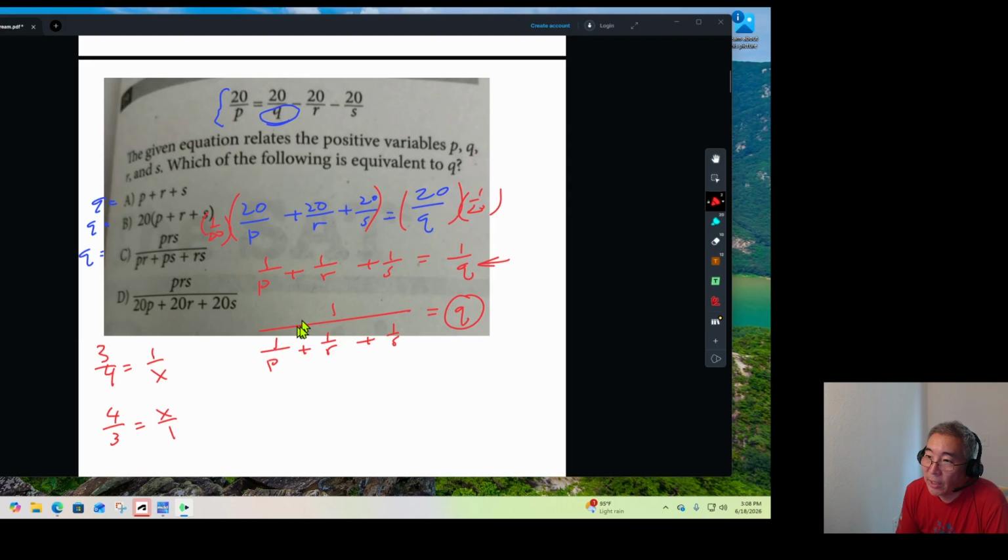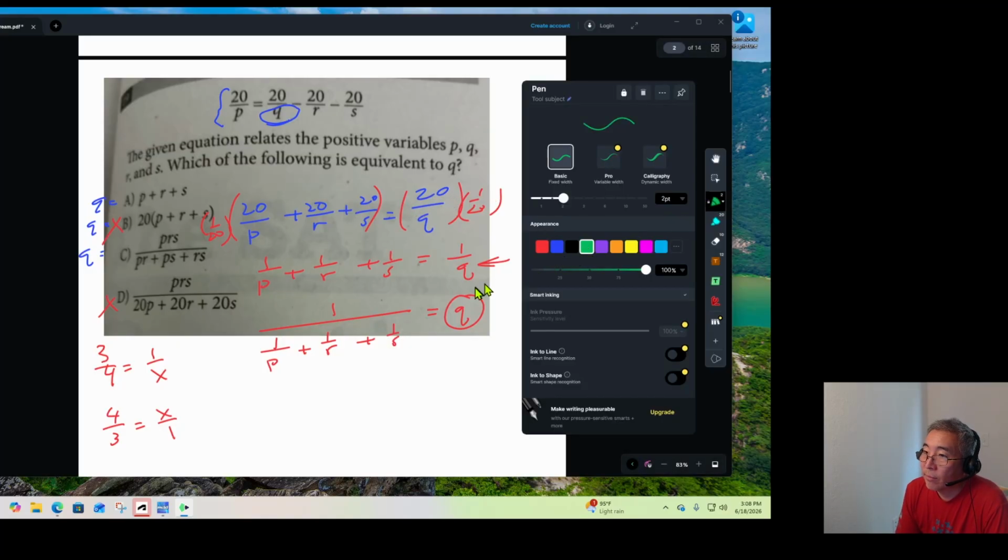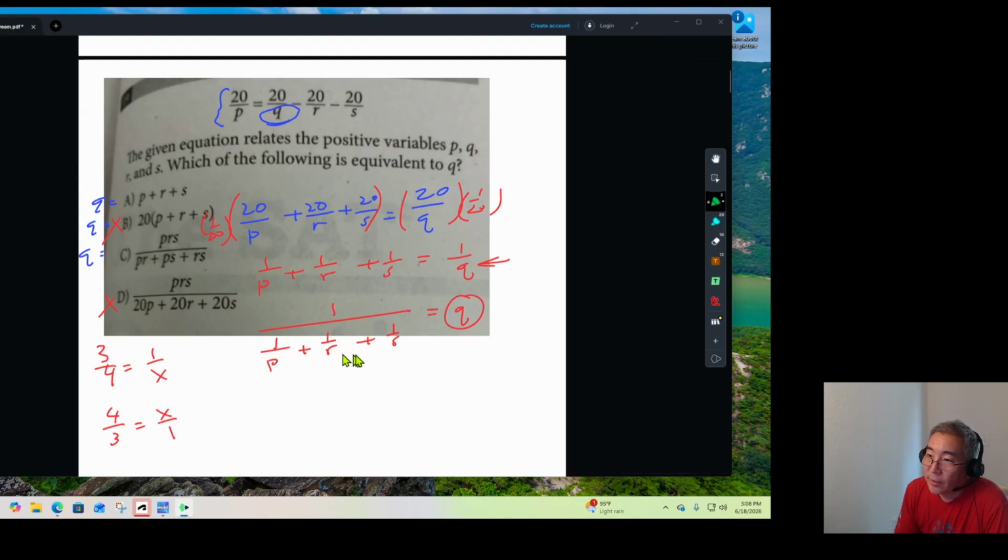All we need to do is make the left side expression look like one of these expressions on the right. It's probably not one of these that have 20 in it because we got rid of the 20 very early, right? So how do we make this into a less complex fraction? Well, we just need to multiply the top and the bottom by a common denominator here. So if we multiply this whole thing by PRS and we multiply this whole thing by PRS, that's